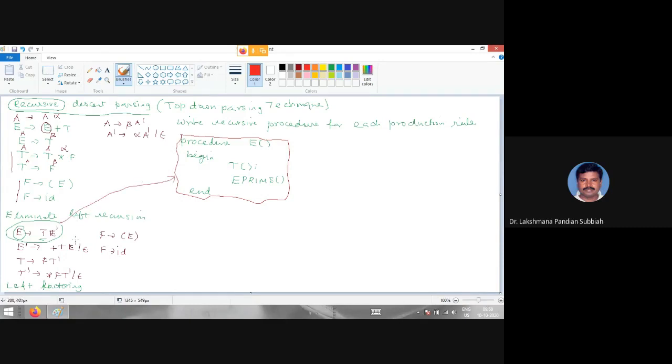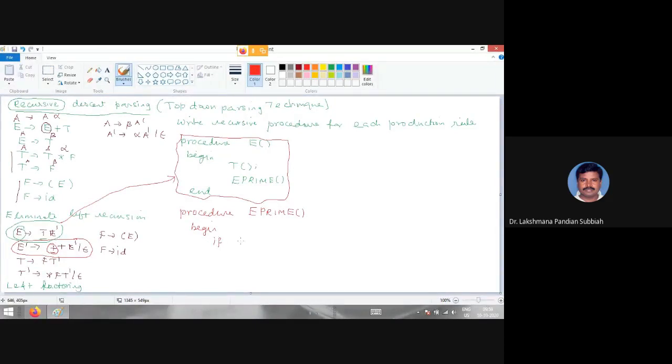Now the second production rule, this one, right? Here we are having a terminal, right? So how do we start now? Yes, procedure, this is E prime. Now E dash is called E prime. Another name for E dash is E prime. Now we have to start with this one. Here the first symbol is a terminal. So here you have to check that.